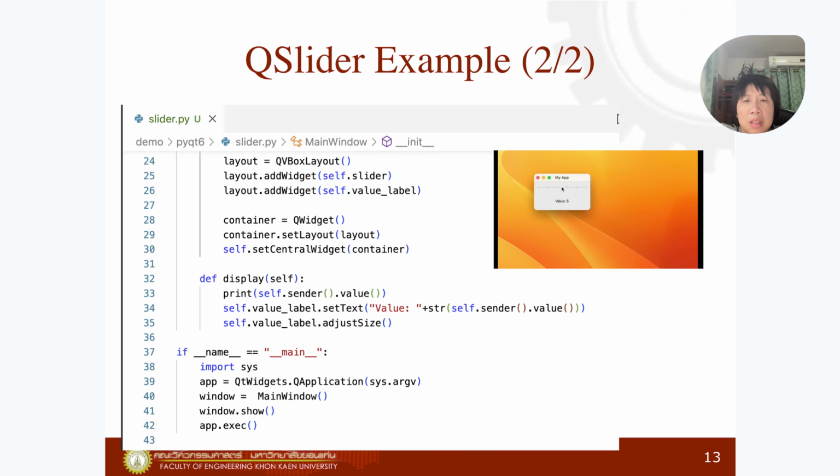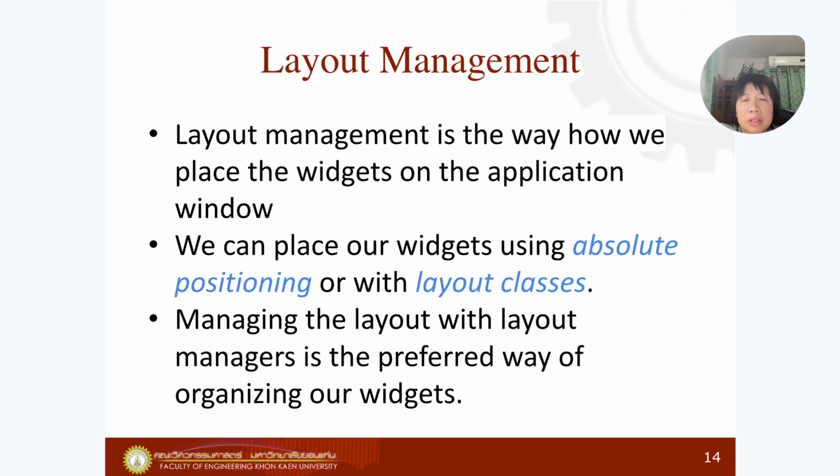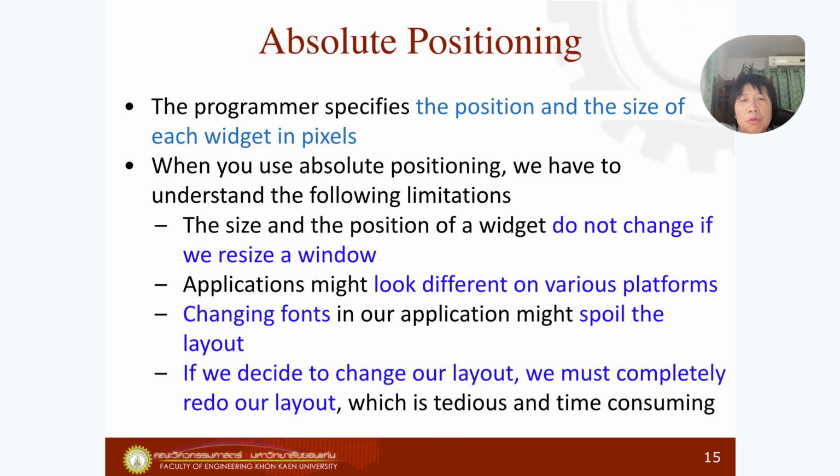Next, we're going to learn about layout. Layout management is the way we place the widgets on the application window. We can place widgets using absolute positioning or with layout classes. Managing the layout with a layout manager is the preferred way of organizing our widgets. With absolute positioning, the programmer specifies the position and the size of each widget in pixels,